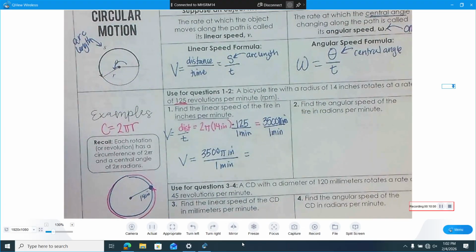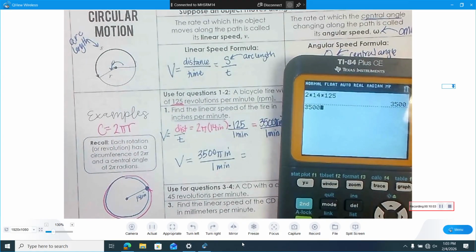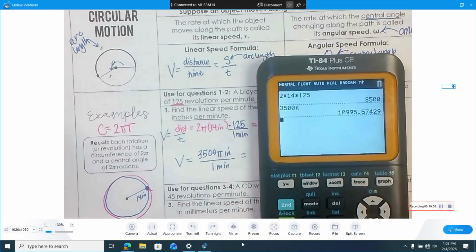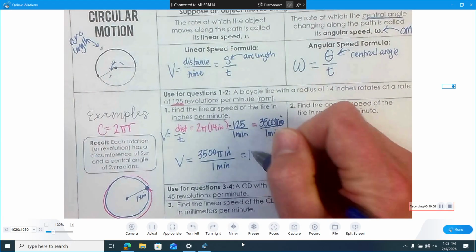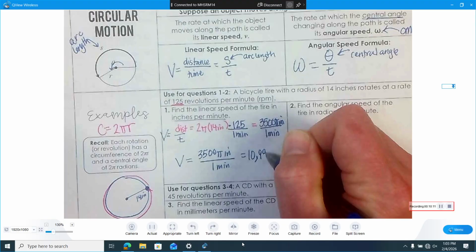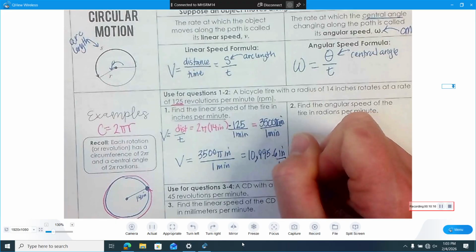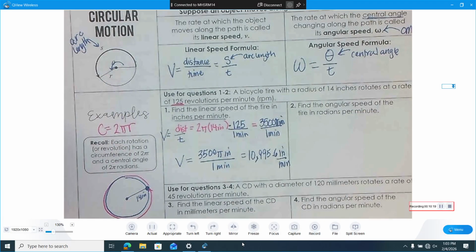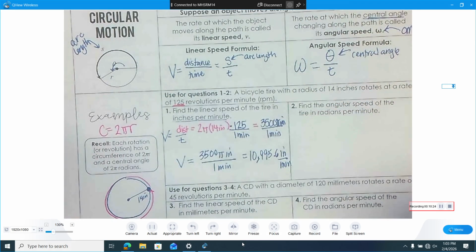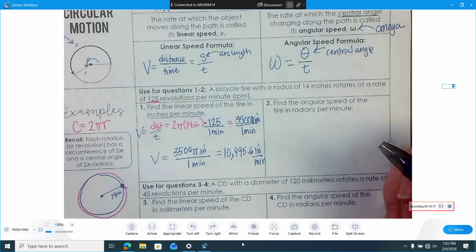I can put that in my calculator to get an approximation. 3,500 times pi turns out to be 10,995.6 inches per minute. So velocity is distance over time, and finding the distance, I think, is the hardest part. In 1 minute, it went almost 11,000 inches. That's a lot. Now, if we want to find the angular speed,